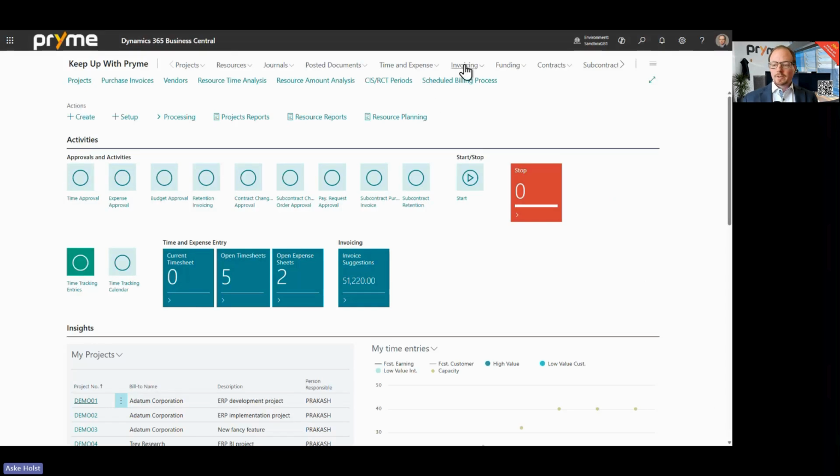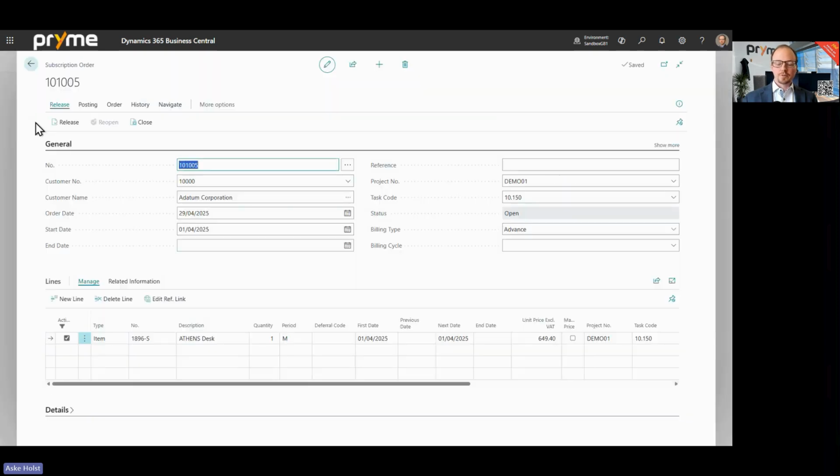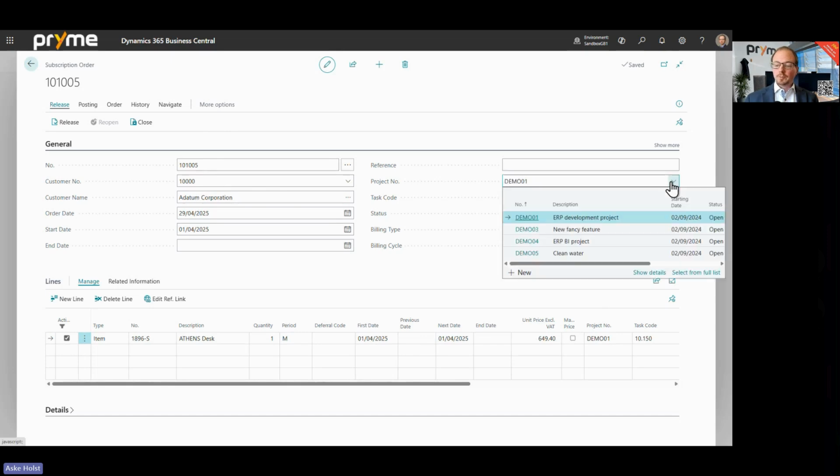On subscription orders, we have had the concept of using the bill to customer as the key to finding projects for a long time. As projects are now identified both by a sell to customer and a bill to customer, in some cases, it would make more sense to use the sell to customer as a filter. So in this case, I have a subscription order. It is for a Datum Corporation. And if I filter the projects either on the header or on the lines, it will show all the projects